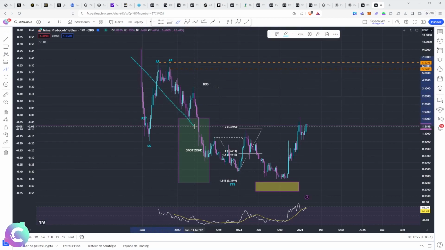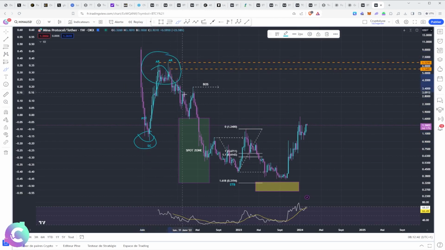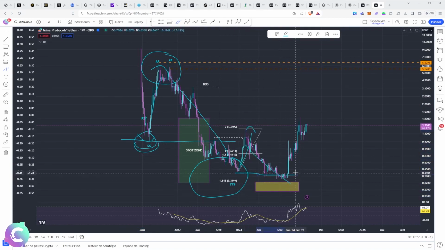We can clearly see that we have a downward trend which is very marked with a token release which was more or less constant, with even a large token release over the first 2 years in which we have the selling climax, which is put here, the SC. We then have the retracement with the automatic rally which is positioned there, and we sink again, we take the liquidity of the SC by doing the STB, therefore setting up a wick-off accumulation with take of liquidity from the SC, and we see that we went to make a reacceleration here to then make a second take of liquidity, which is here the spring, bullish reaction to the spring,